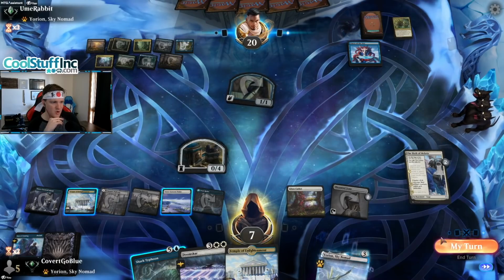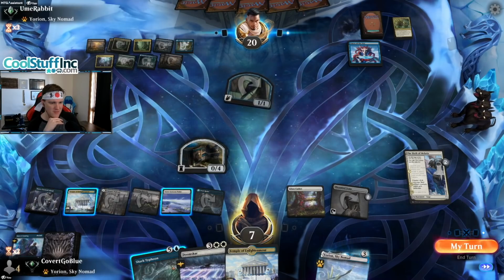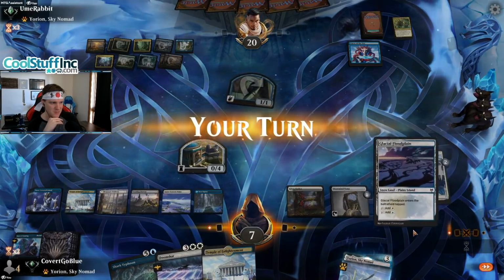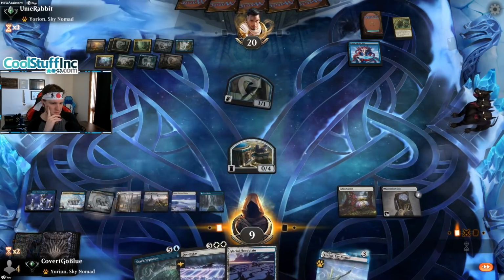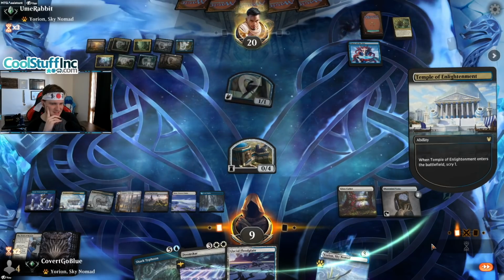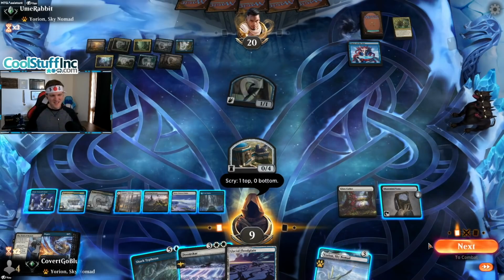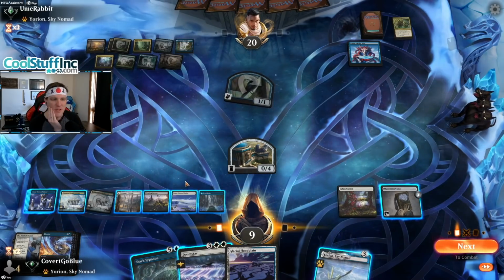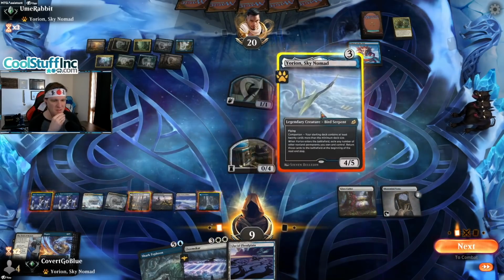Do we want to try to scry for a counter to get something for free? 1, 2, 3 buys Yorion. 1, 2, 3, 4, 5, 6. I think we save my turn. 2 life. Scry. Negate. Nice. All right, if we play that 1, 2, 3, 4, we make a baby shark, and I think